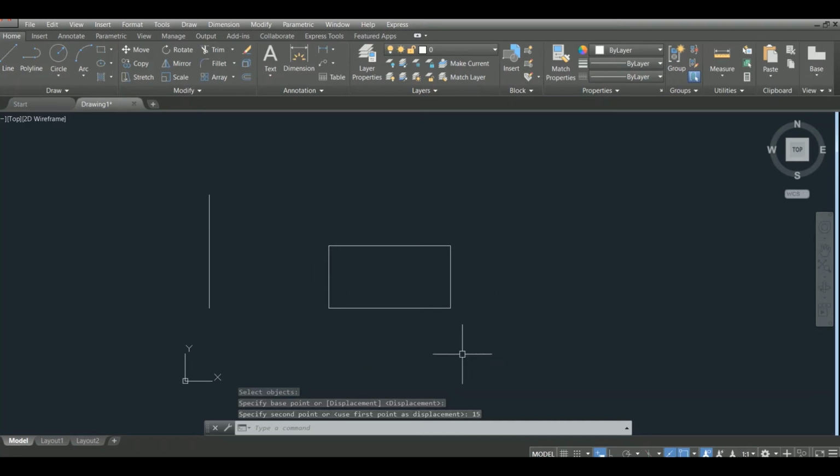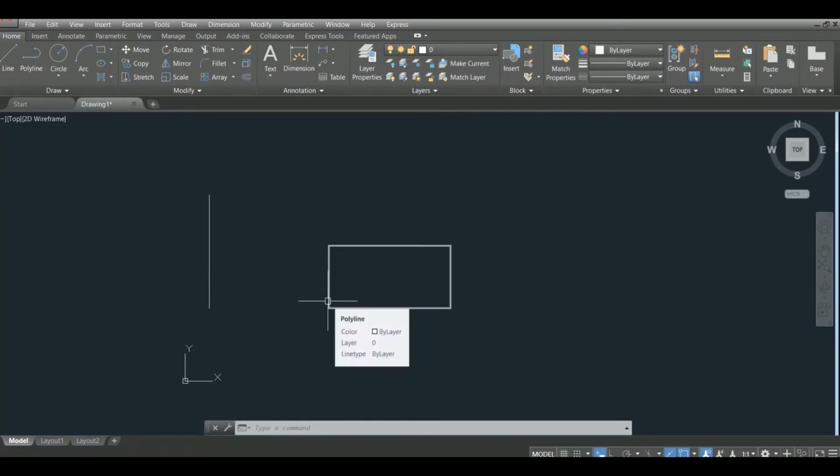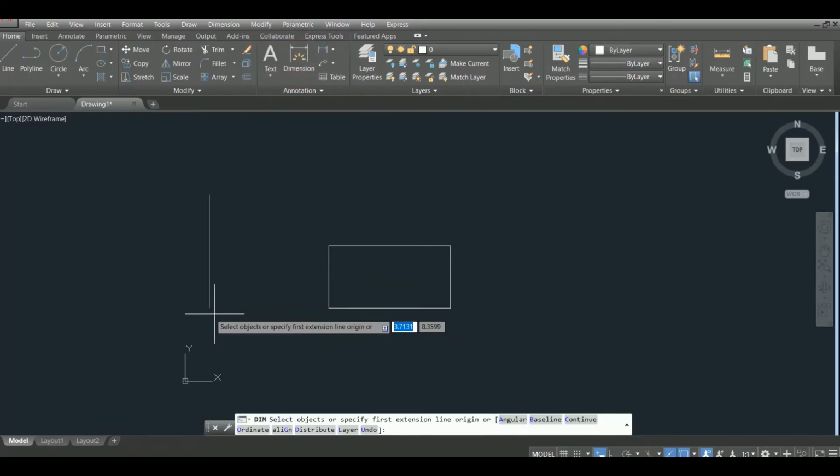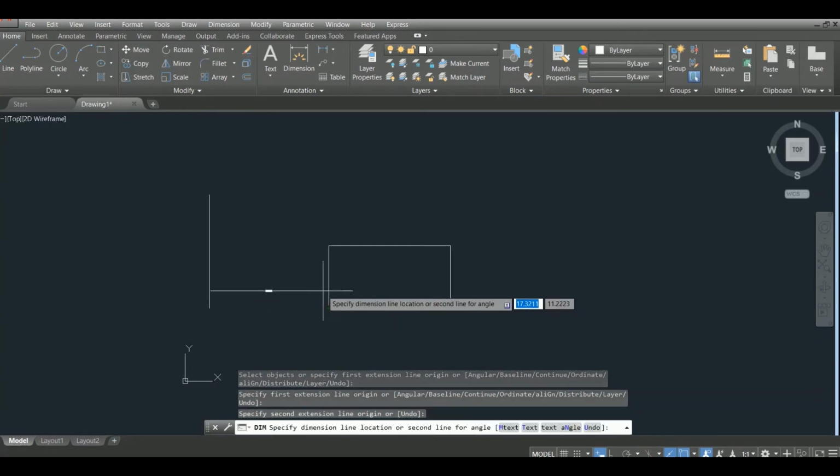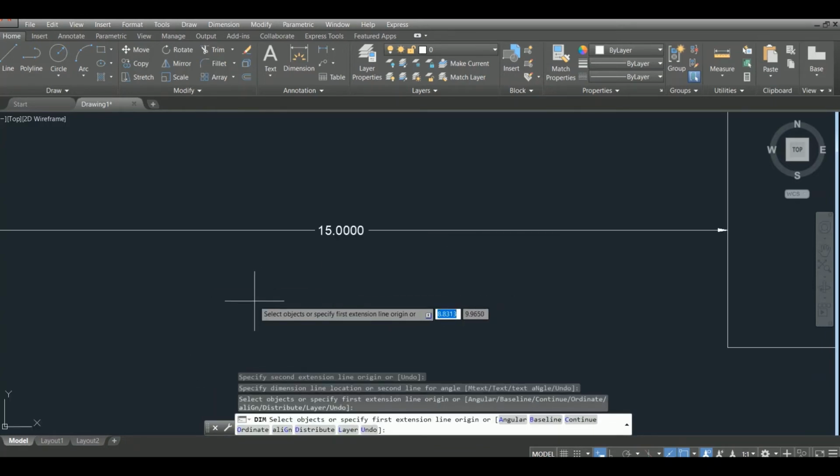You see the movement of this object from here to there is 50 meters. You can measure the distance of the movement. You saw the movement of the object is 50 meters.